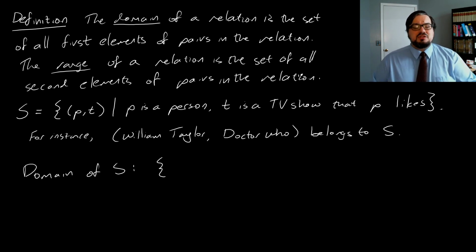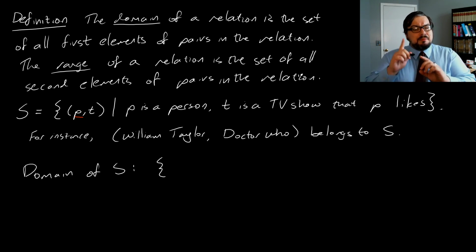Now, we know this already because the domain has to be made up of the first elements of the pairs in S. And the first elements of pairs in S are all people. So we might be tempted at this point to say that, well, the domain of S is just the set of all people. But that's not the case,